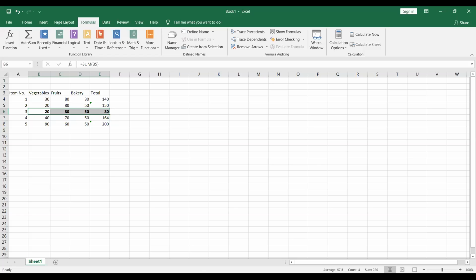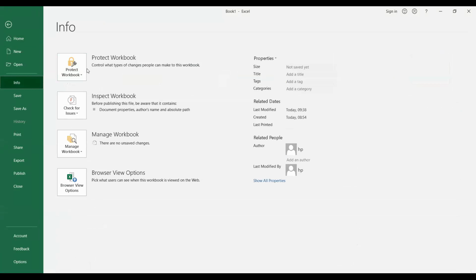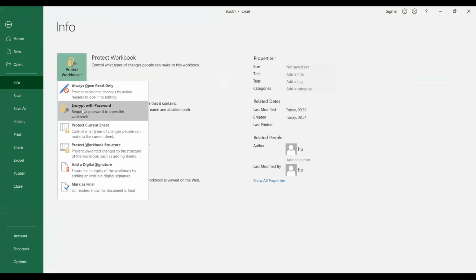Okay, so next topic we are going to discuss is, beta, password. So here let me show you how you can password protect this data. Okay, I'll click on this file, and you know that it was there only, then you have to click on info, right? And the same procedure will be followed in your MS Word also. Okay, so I'm clicking on your info. Now the first option is only your protect. Okay, so I'm going to protect it, then encrypt with password. So I'm going to write a password.